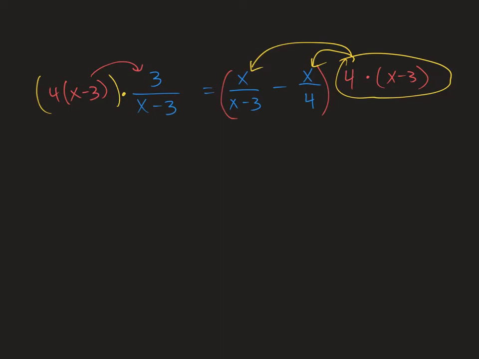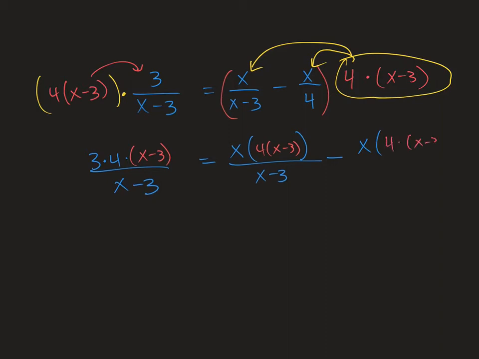Okay, so kind of cleaning this up, this is going to be 3 times 4 times x minus 3, all over x minus 3, equals x times 4 times x minus 3 all over x minus 3, minus x times 4 times x minus 3